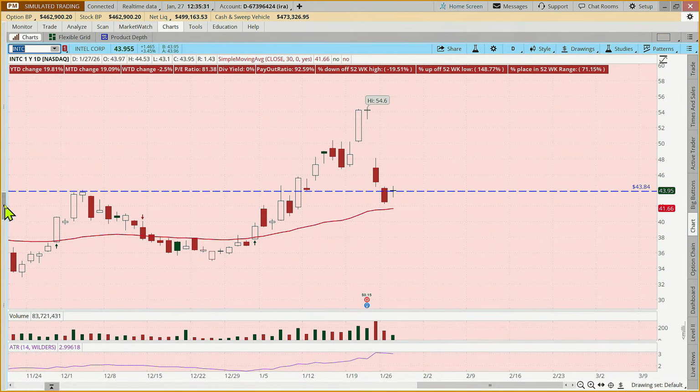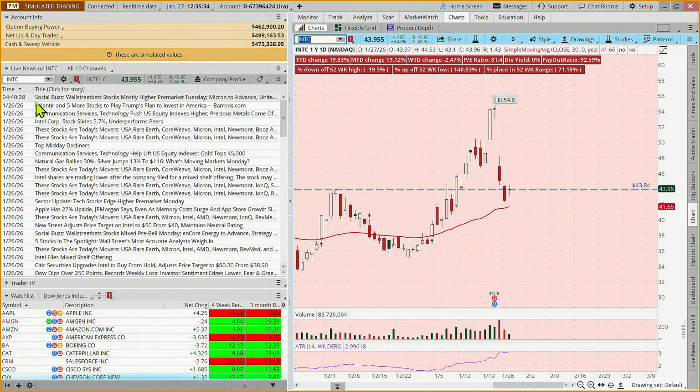And that leads me to think, okay, it took a tumble on earnings, but what are other people saying about this? Well, New Street just adjusted their price target to 50 from 40. Citi, and this is just interesting to me, went from 38.90 to 60. 60 is way up here at the top. 50's about in the middle. It's lower than where it was just prior to earnings.